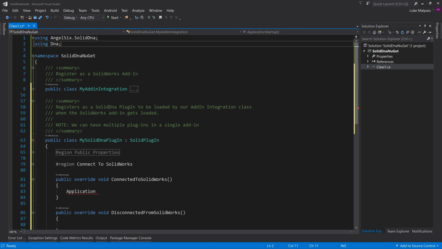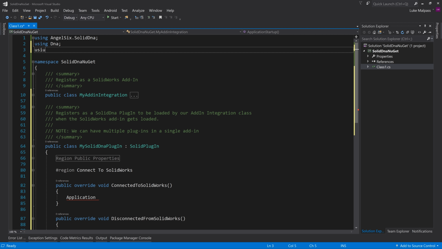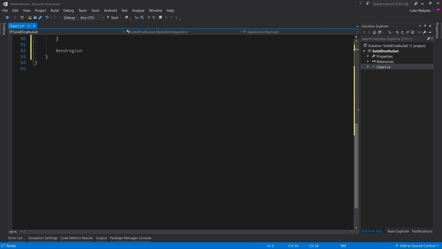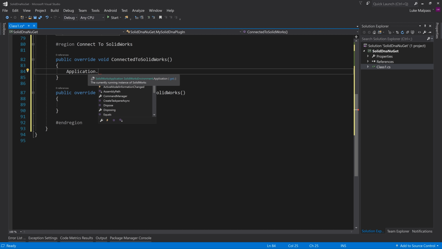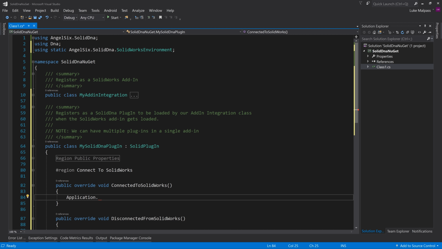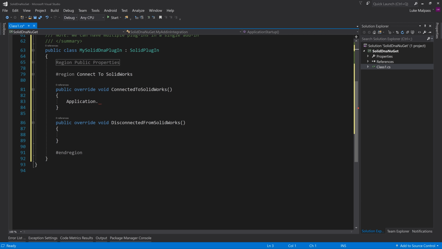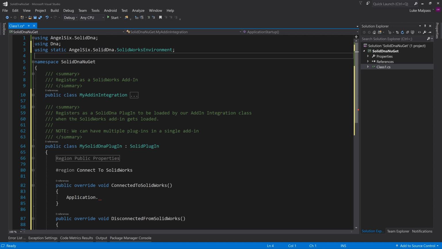So application is, if we do up here using static AngelSix.SolidDNA.SolidWorks environment, and now we can just type in application directly, and we get access to the SolidWorks application. You could not type this up here. You could just delete the static, but then you'd have to type every time you wanted to access it AngelSix.SolidDNA.SolidWorks environment.application something, which is nasty, looks awful. So instead we put a using static up the top,